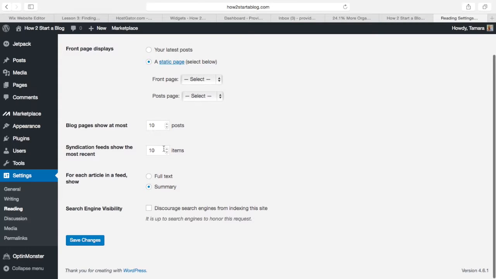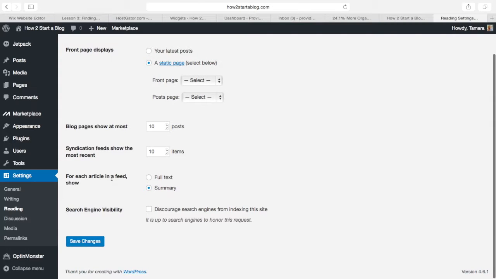And your answer for how many posts will really depend on if you choose to do a full text or a summary. What that means is when you have a post, do you want the whole post to show on the front page, or do you want it to be a summary and they can click on read more if they're interested in that post? I started out with a full post on my Provident Home Design website,